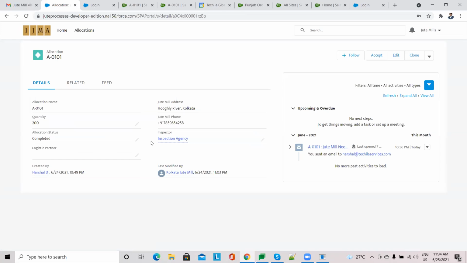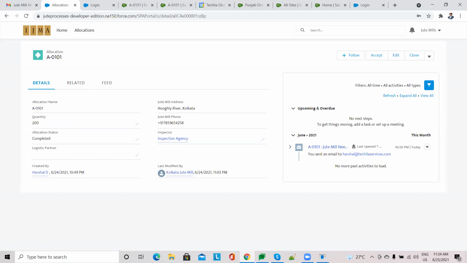Okay, I'm taking your example. If the total quantity of the order is 200, Kolkata may request inspection of 50 bales for 4 days. When the inspection agency is inspecting, suppose on 25th of June they inspect 50, the Kolkata jute mill must be notified that the 50 quantity has been inspected and is complete, and 150 is still pending.